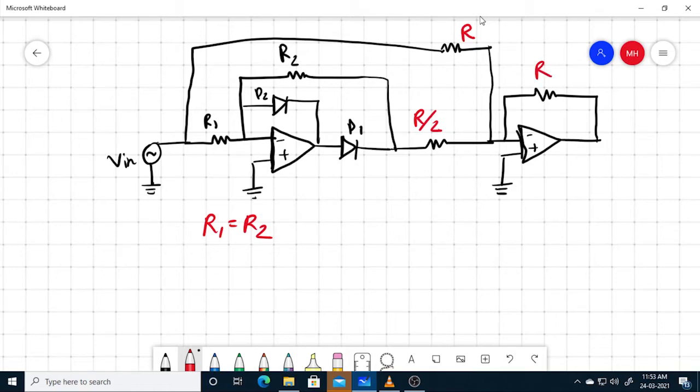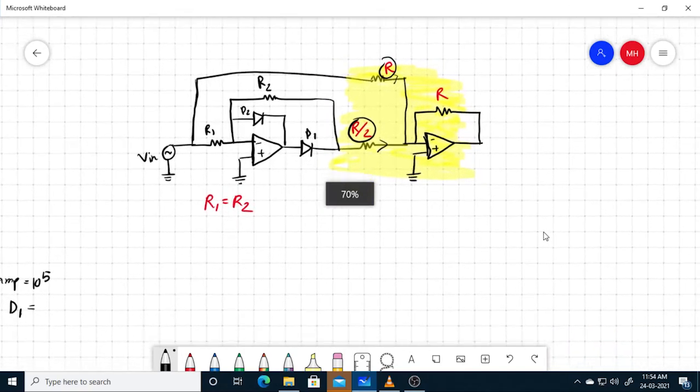There is a reason why we took something like this. See, here we can see that this portion is very common to us. It is a summing amplifier. What does the summing amplifier do? The summing amplifier sums up the current through every input. So let's say we have to compare the currents through it. Now why we kept R2 here and R1 here, we'll get to that.